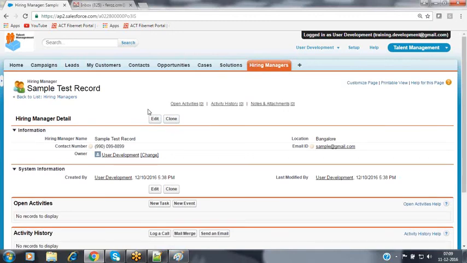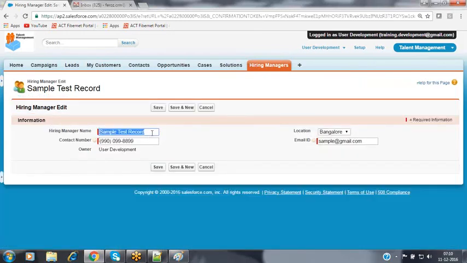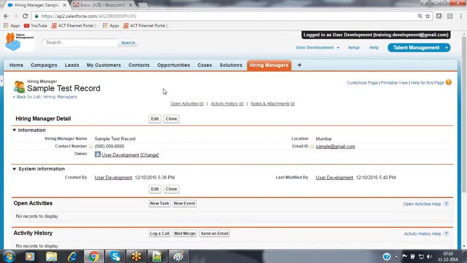Now, in this kind of scenario, when coming to this user, he is going to be accessing those records over here, and he can create the record, and he can modify the record. When he clicks on the edit button, he can modify the record values as well. I'm changing the value from Bangalore to Mumbai. I'm saving this record. But he cannot remove the record from that instance because he does not have the rights at the profile level. So this is the way we can grant the visibility at the object level to these users over here.